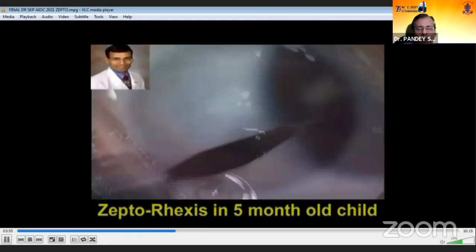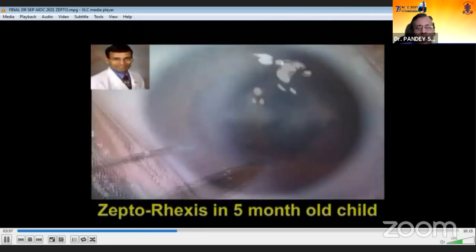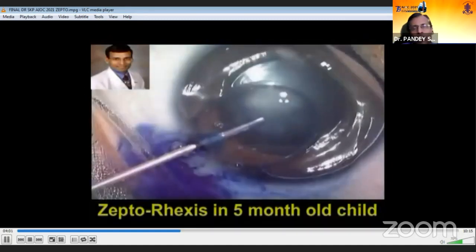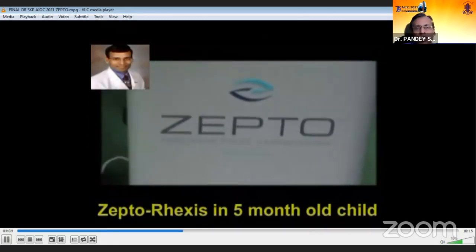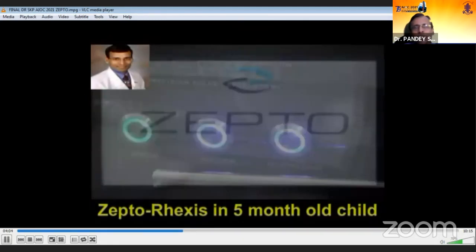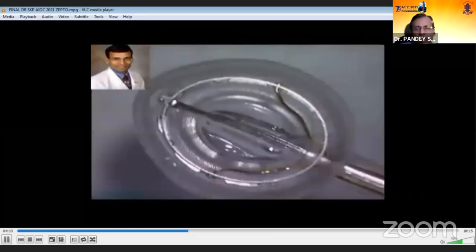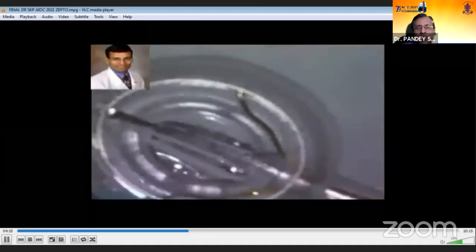Today, this is my first case where we used the Zepto rexis in a 5-month-old child. As we all know, performing capsular access in children is very difficult because of so many challenges. The capsule is highly elastic.